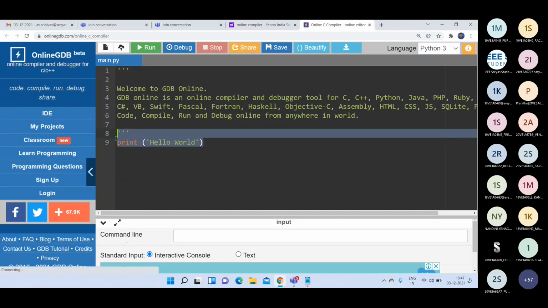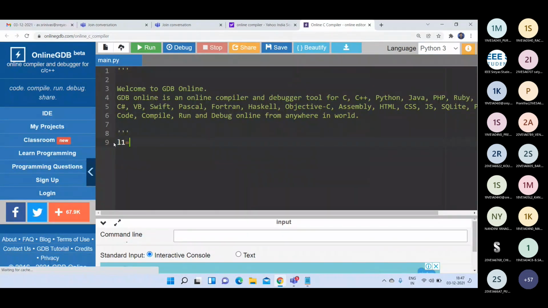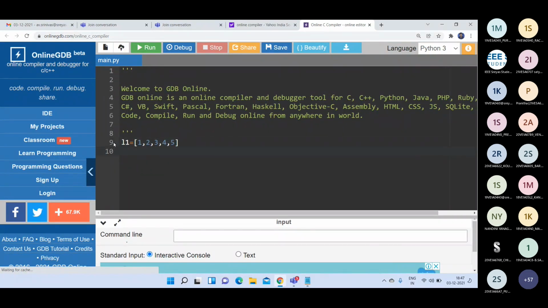See here. Suppose I have L1 is equal to 1, 2, 3, 4, 5. I have 5 elements. Now I am writing L1 dot insert of, where I am passing two parameters, 2 comma, suppose I am writing 6. That means at index value 2, I want to place the element 6.